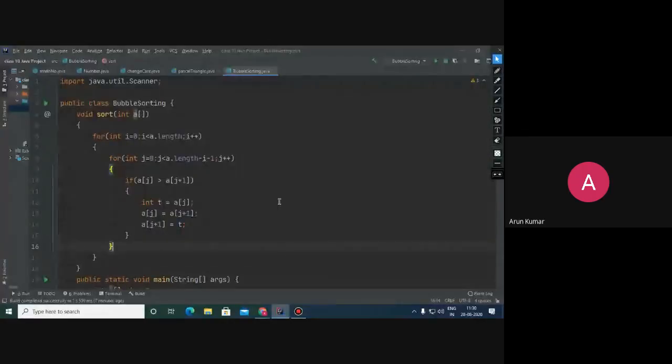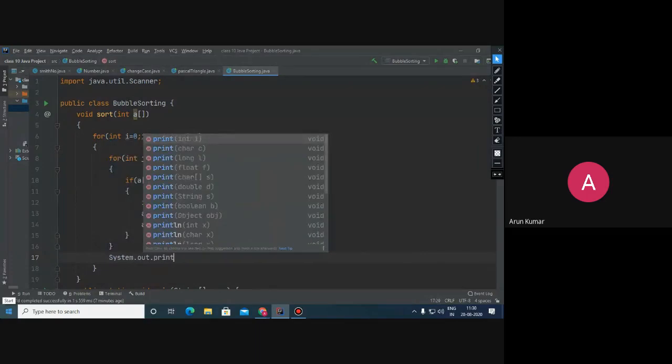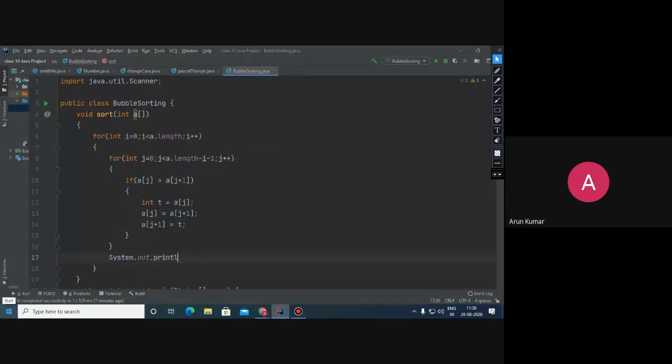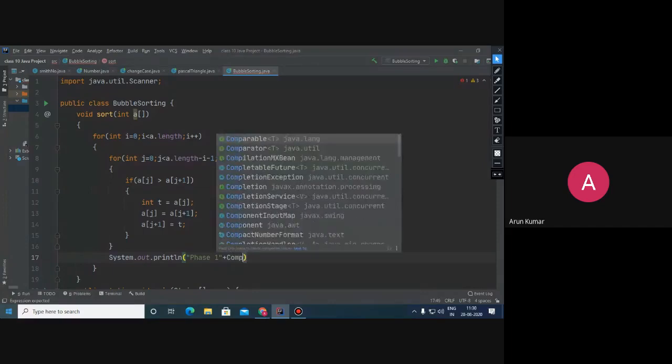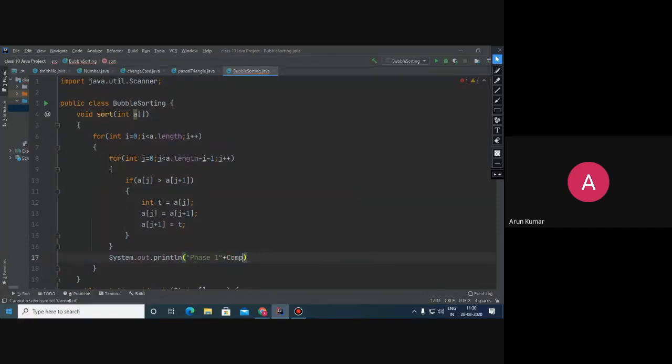Okay, now one more thing I would like to demonstrate here, and that is how the phases are working. So here after this, I would like to display this message: Phase 1 completed.